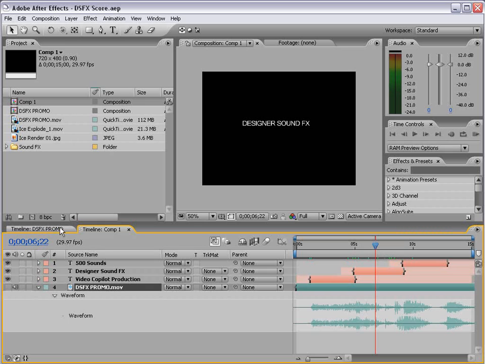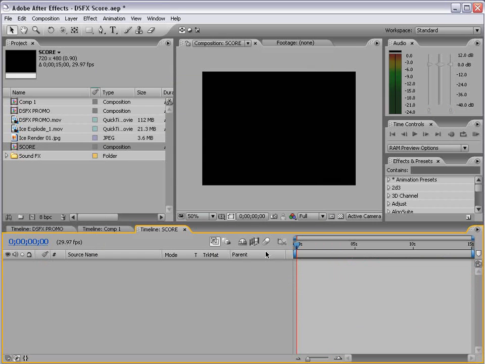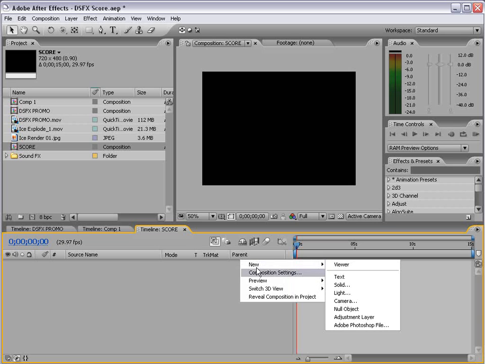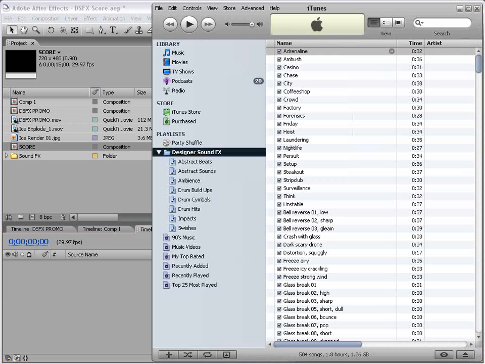Let's talk about actually composing a score. Now, I'm not going to sit here and compose a 30-minute thing, but we're going to create a new composition, and we'll make it 15 seconds long, and we'll call it score. So this is basically what you're going to be doing in After Effects, and we don't need to see a bunch of these different elements. And go over to your iTunes, and let's start out